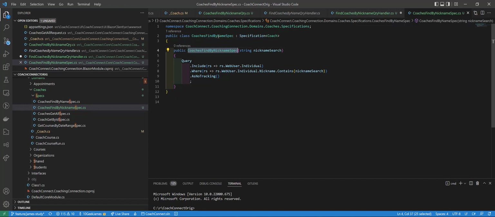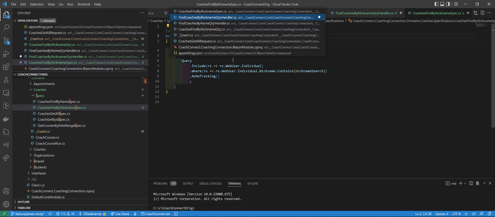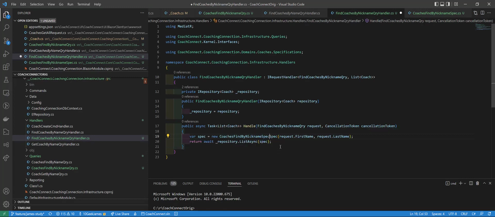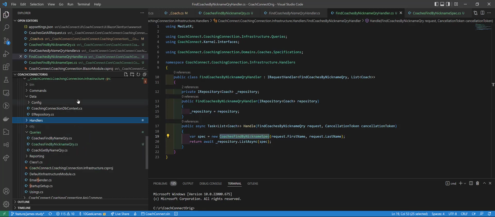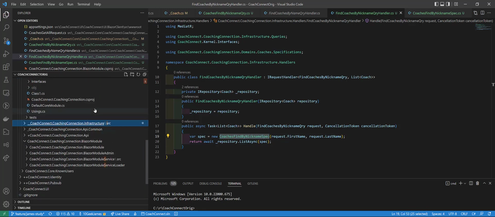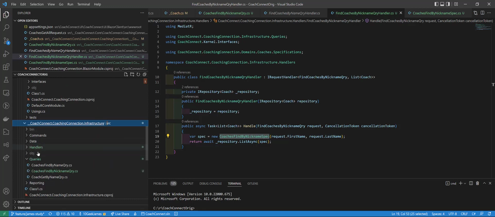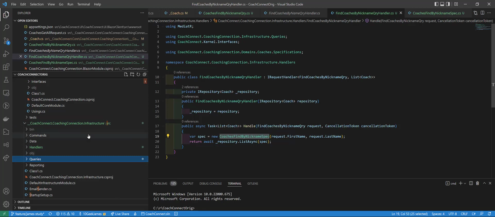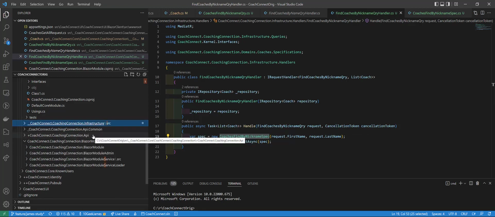That's on me, missed a little on there. And we're going to list the results of that. That's feeling pretty good. So our infrastructure layer has now exposed a query and a handler. If we were going to add a new coach by nickname, it'd be a command and a handler. Cool. Chase that in a minute.